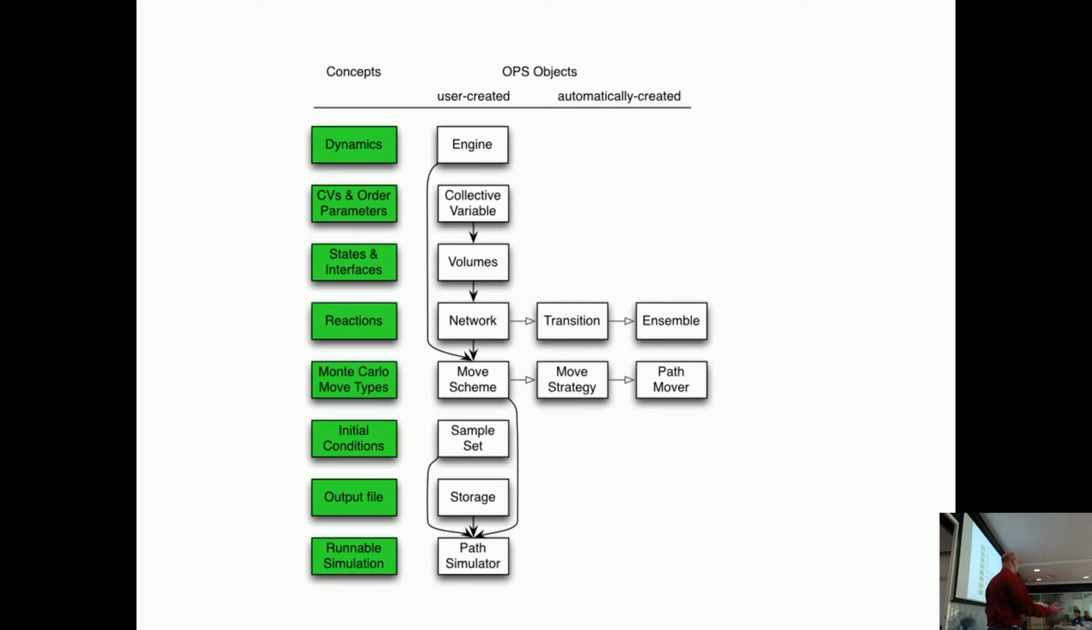A few of you are going to be working on new path movers, so I'll talk about path movers and move strategies. Fortunately, you don't have to worry anything about sample set. Actually, we talked about the details of how a sample set is structured yesterday when I was talking about the analysis. And you also don't need to worry about, well, we're going to talk about storage. You don't need to worry about subclassing storage, but you need to understand how everything that you make can get